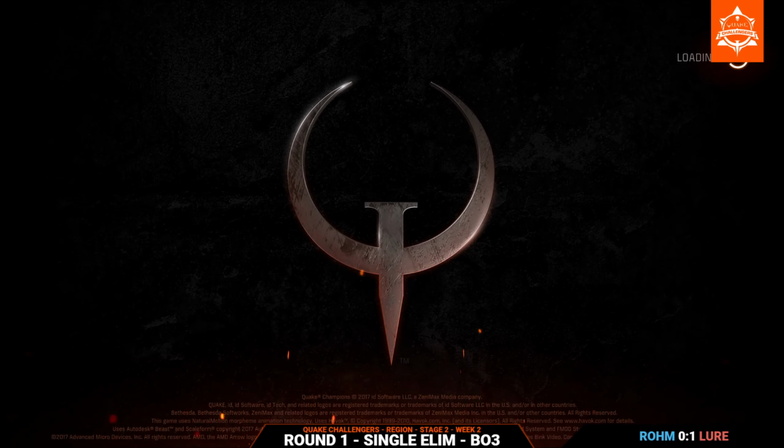26 light armors, that's gotta be some kind of record. All the poverty items gone. But on a map as fight heavy as this one, that's